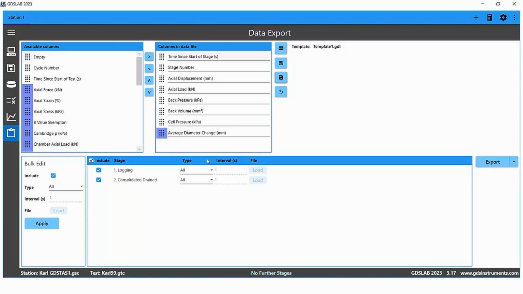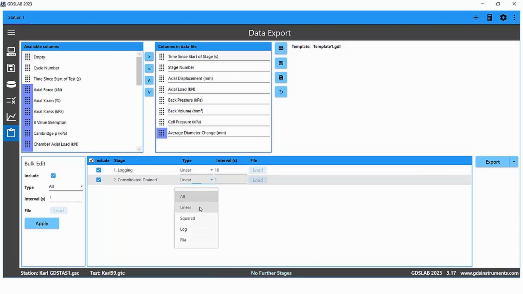So it's all saved at an interval of 1 second for a static test or at the full data rate for a dynamic test. And it's at this stage we can choose what data we want to actually export, how much we want to export. So if we had a dynamic test or even a static test where we chose to save data every 30 seconds and then at the end we realized we need this data every 10 seconds, we can come back and re-export it. So what I'm going to do is choose for this first stage to be exported every 10 seconds,